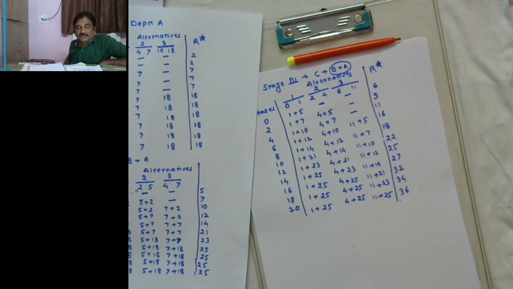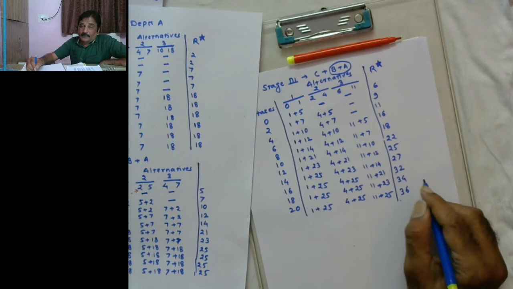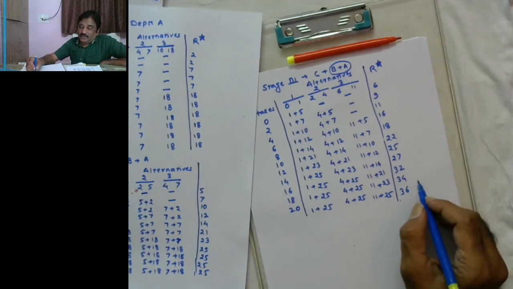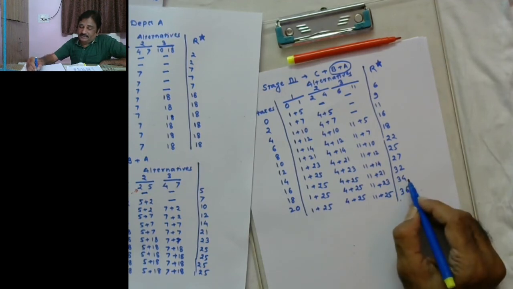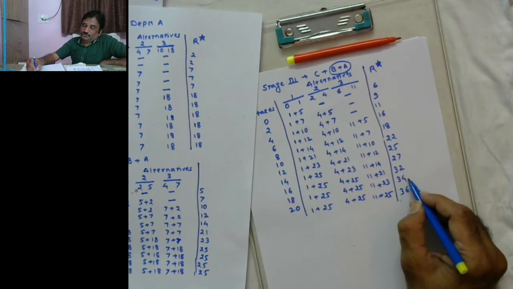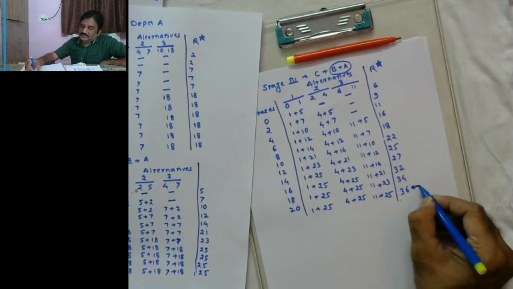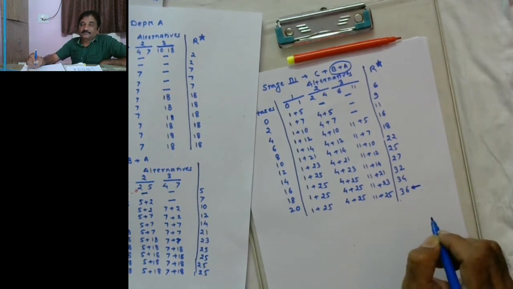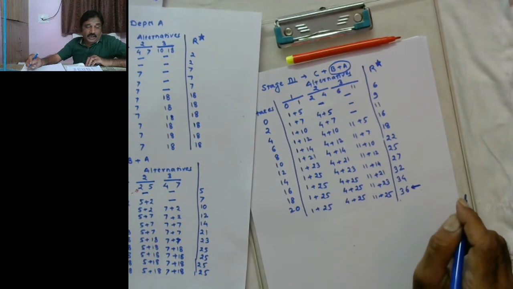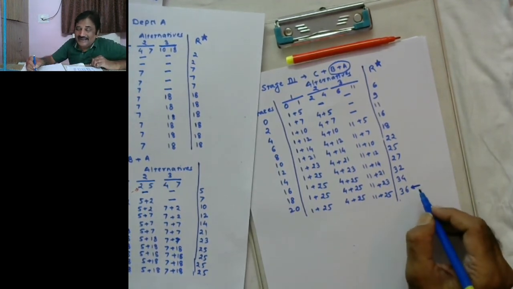In that case, you will be pointing to your optimal as against the state. For example, this is also 36 and this is also 36. Then you will be referring to this row, not this row. Okay, in this case, however, 36 is my optimal return. Now, to find the answer, you just go on doing the backtracking.